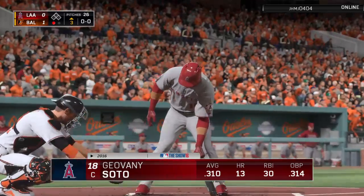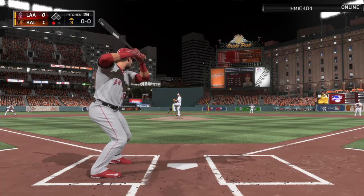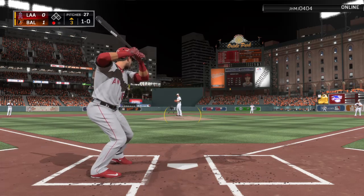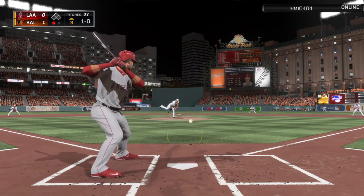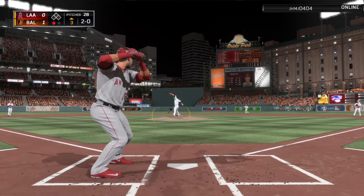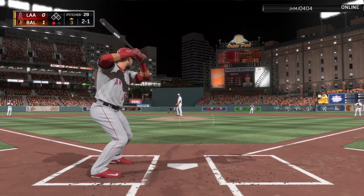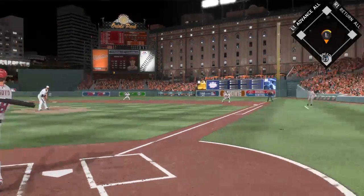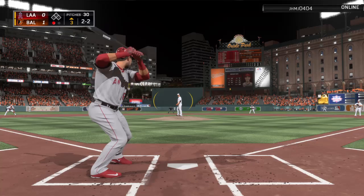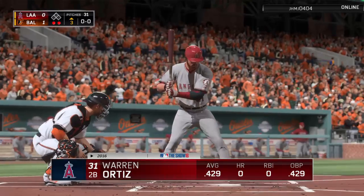So there's the first out here in the Angels' third, and standing in is the catcher, Giovanni Soto. A fastball here as he'll take a look at ball one, 1-0. And that pitch misses in the dirt, and it's 2-0 now. Looked like that swing was in slow motion, 2-1. It doesn't look like the nerves are getting to him so far. He looks pretty good out there. Unable to get the bat around in time, and the count evens at 2-2. A great pitch there as he couldn't get extended on that one, and he's down on strikes for the second